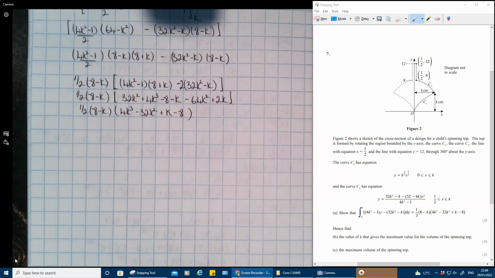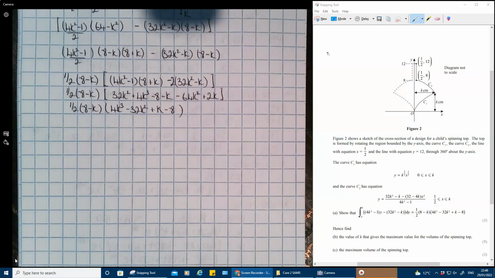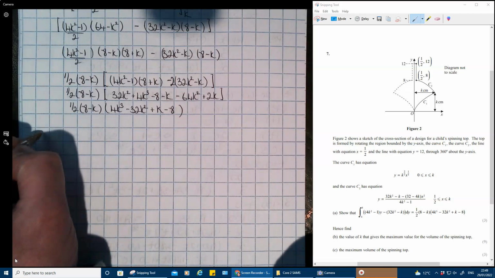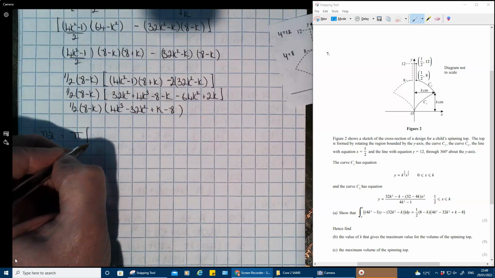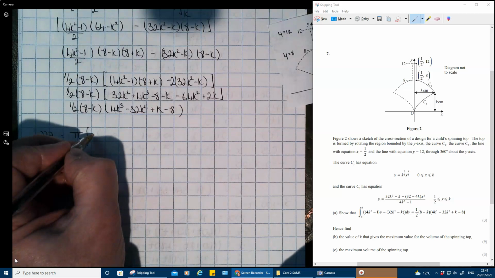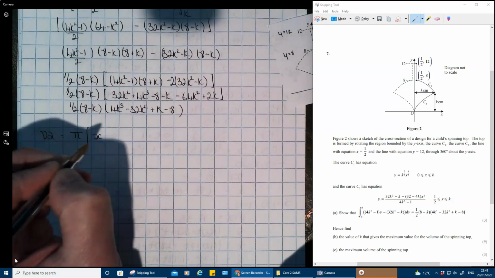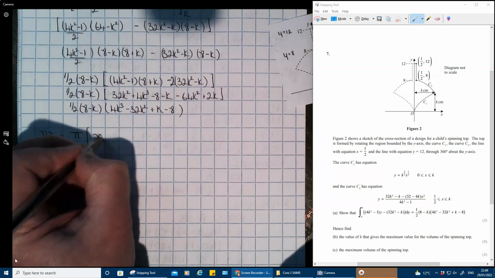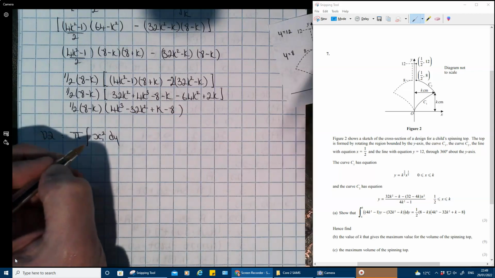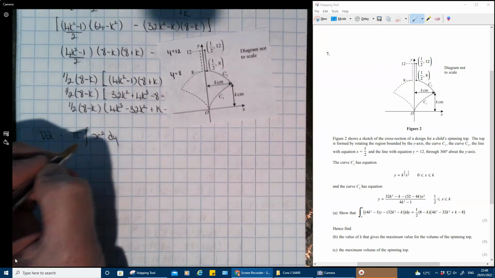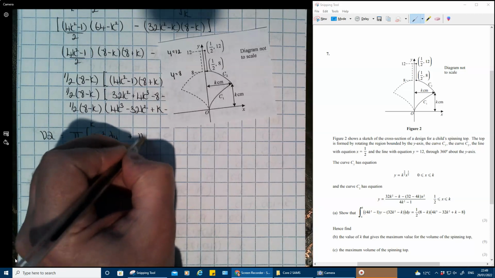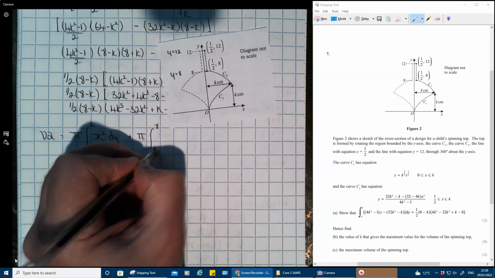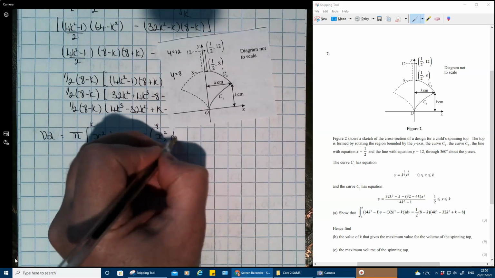Hence, find the value of k that gives a maximum value for the volume of the spinning top. Alright, so let's find the volume of the spinning top first. So the volume equals pi times the integral, we'll call C1 Y1, so x1 if you like, squared dy, x1 relating to the curve C1, and that goes between k and 0, plus pi